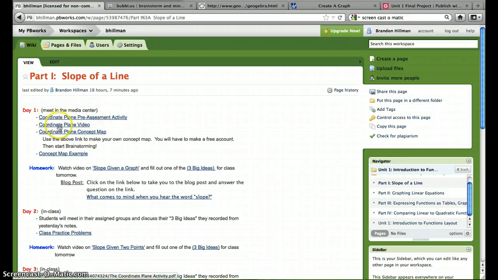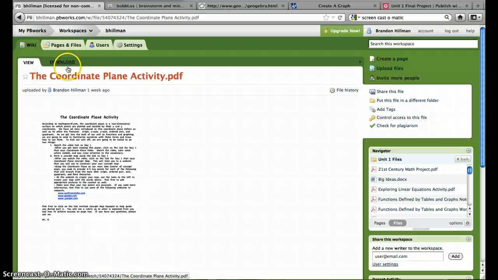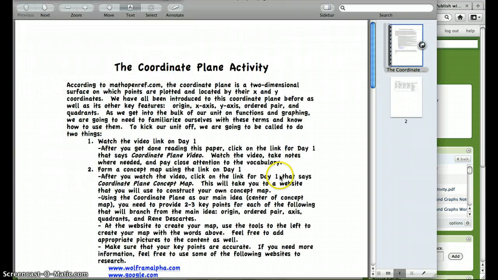This is the activity. Things that are underlined are links, and all the links that are PDF or Word files are in a certain category, and I can show you that momentarily. For example, the first thing is the coordinate plane activity, which I know is kind of hard to read, but if you click on it, it should download real quick. The coordinate plane activity,